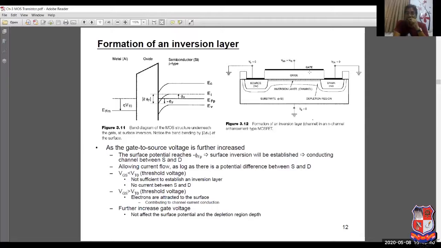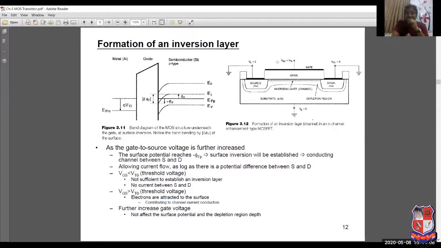Because right now the condition is your VS is connected to ground, your substrate is connected to ground, your drain is connected to ground. So the only voltage which is applied is the gate voltage, and this gate voltage is greater than the threshold voltage, so that channel is created. Channel is created means MOSFET is ready to work. Still there is no conduction of charge between drain and source. Why? Because there is no external potential. Whatever is there, that is quite balanced.